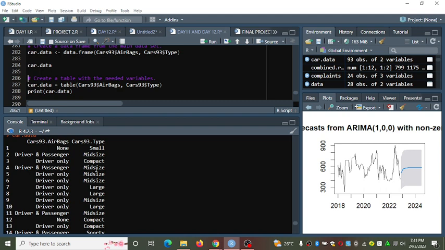And we have another driver only, which is mid-size. We have another driver, which is mid-size. We have none. Sawa sawa. We have none.